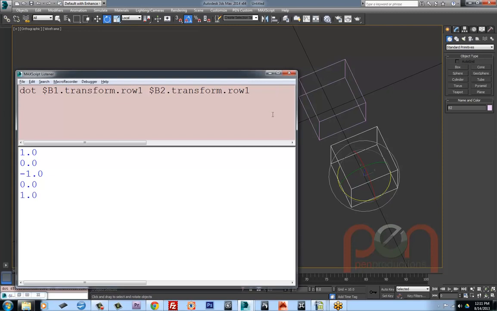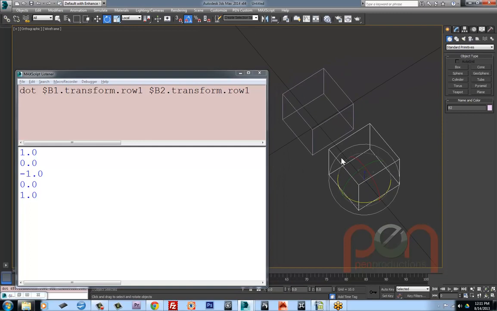So if the two vectors point in the same direction, we get a value of 1. If they're pointing perpendicular to each other, we get a value of 0 in both directions. If they're pointing in opposite directions, we get a value of negative 1. So what can this be used for, and what can you do with it? Well,